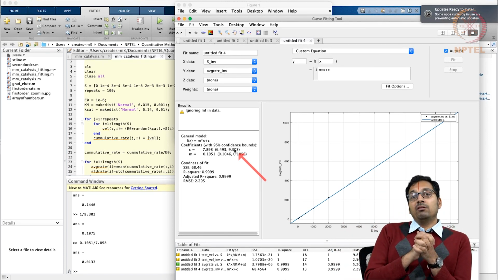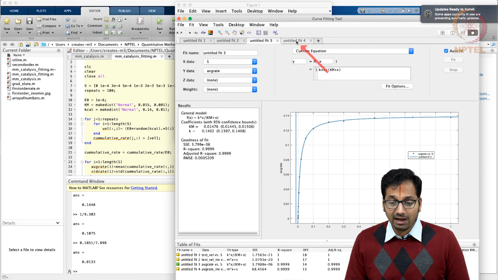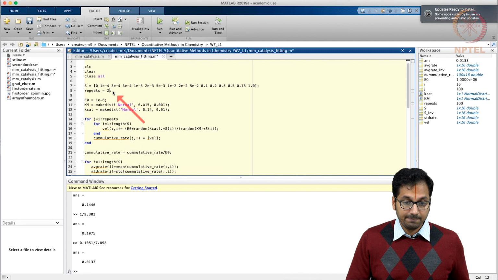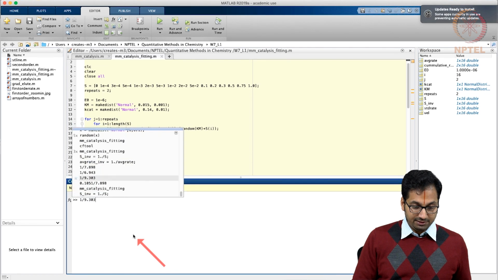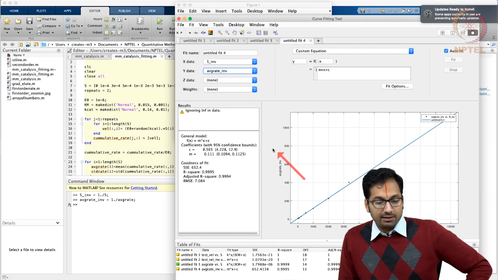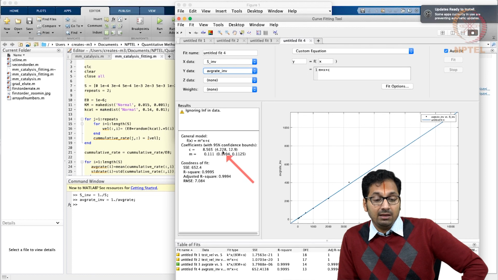So one has to be very careful when data is obtained and one fits, and in this case we are able to realize that even with 100 repeats this is a problem. Why don't we repeat the same linear plot with just 2 repeats? We can generate this the same way, and then let's try to fit this average rate. And here you are able to realize that it starts to go much farther away, and the range of this intercept, previously we got somewhere between 6 and 9, now we are getting between 4 and 13. So it starts to get extremely poor. Even m, the slope, was better determined the previous time with 100 repeats, now it's getting worse.